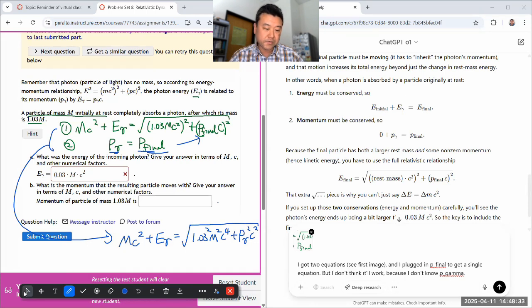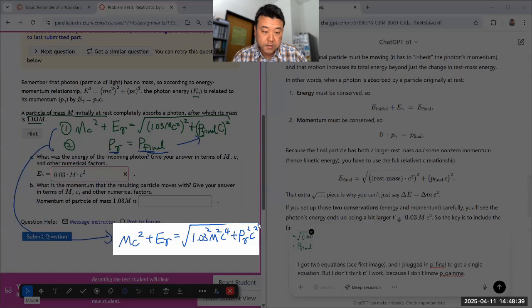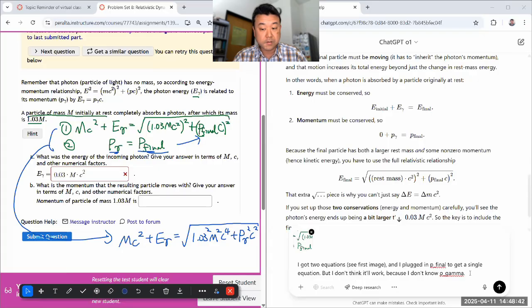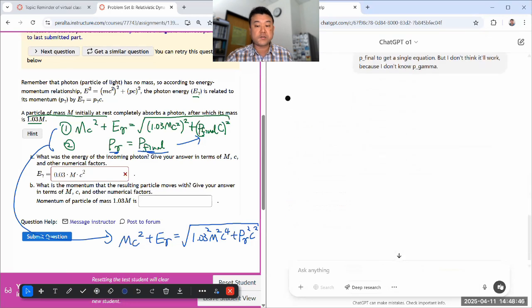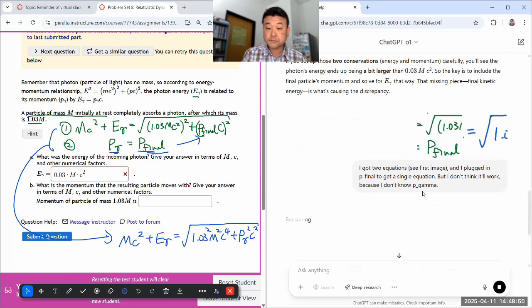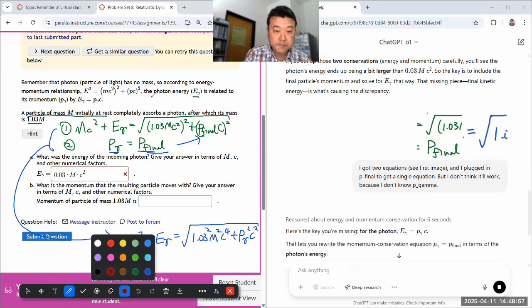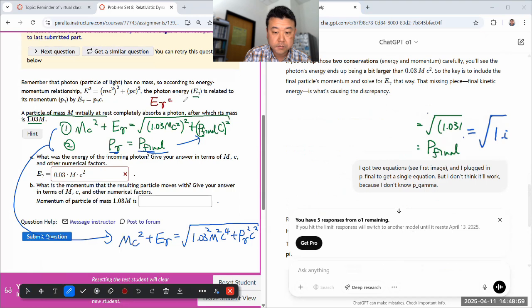And really what I need to do is use the energy-momentum relationship. That's actually in the text. You can use it for the photon too. You just have to set the mass equal to 0, which gives you a really clean relationship between momentum and energy. So ChatGPT will probably tell me that, and while it's telling me that, I'll just write it out. E gamma is equal to, yeah. I think that's going to be enough for this session, so it'll be fine.